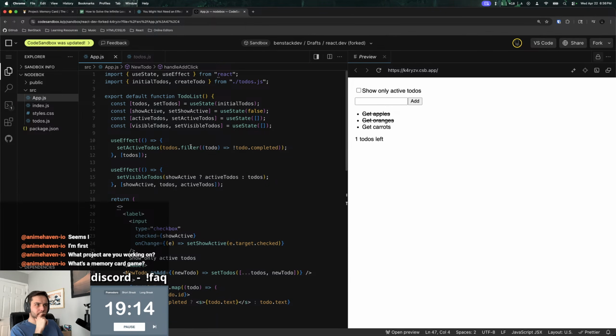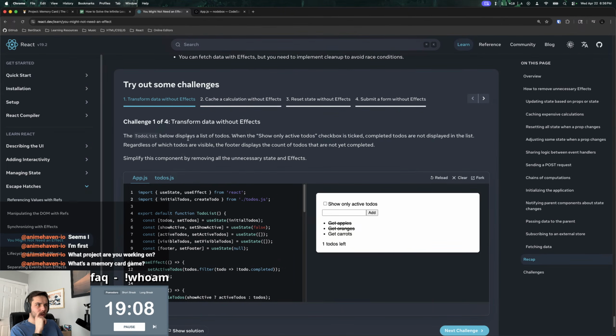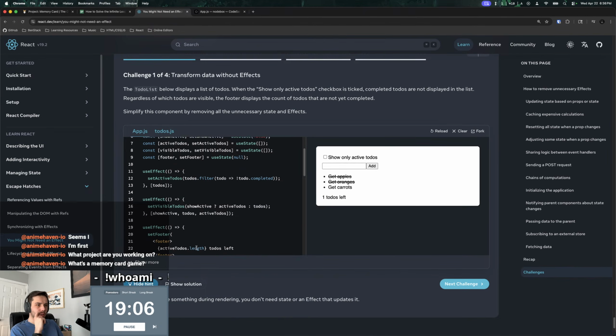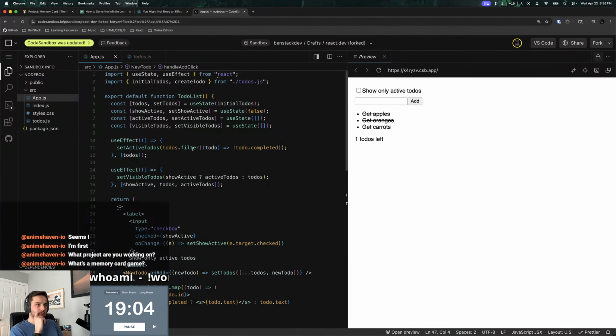Anyway, let's get back to it here. Set visible to-dos, show active. Okay, so there was something about, let's see what the hint says. If you can calculate something during rendering, you don't need an effect. Yeah, so